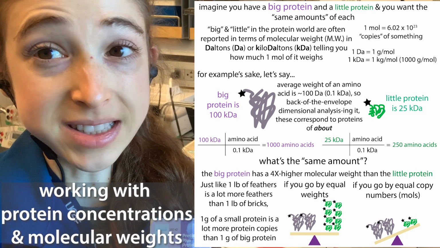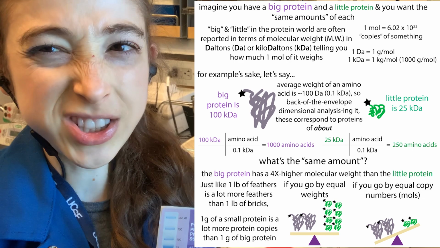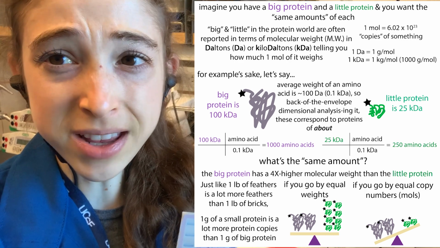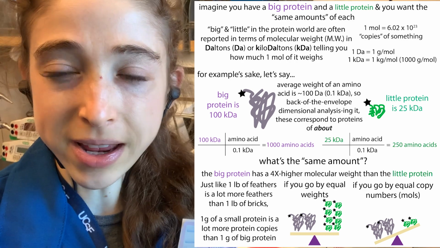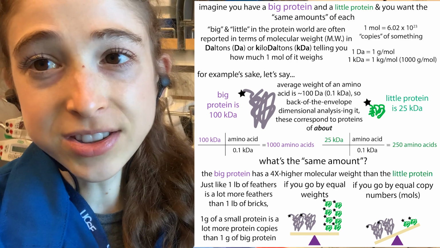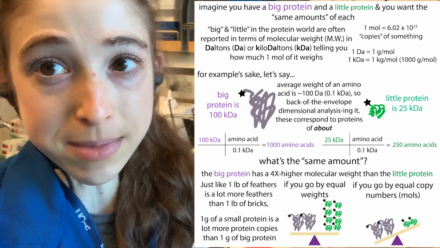A lot of copies of a little protein or not very many copies of a big protein? Which has more? If we think about it in terms of mgs per mil, then the big protein might win. But in terms of actual copies, the little guy is the winner. And so when it comes to protein concentrations, we don't just need to know the mgs per mil,